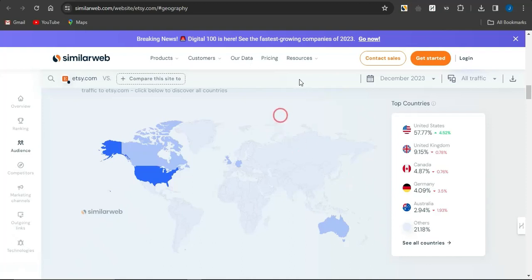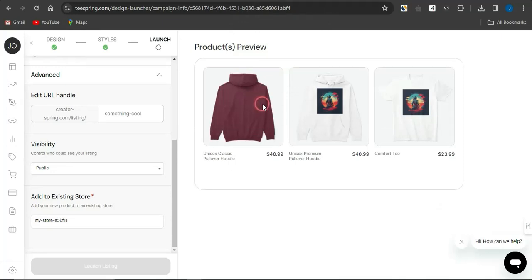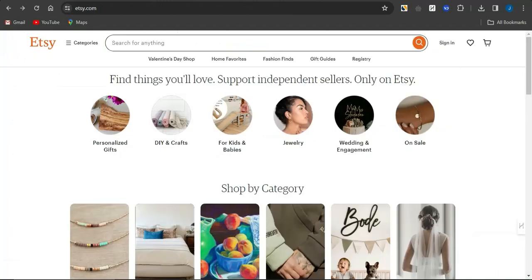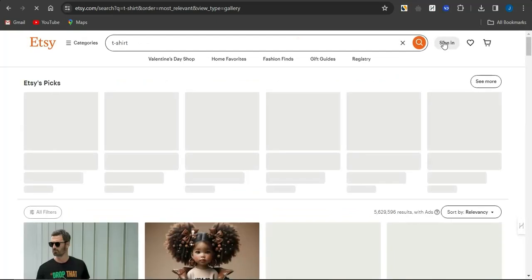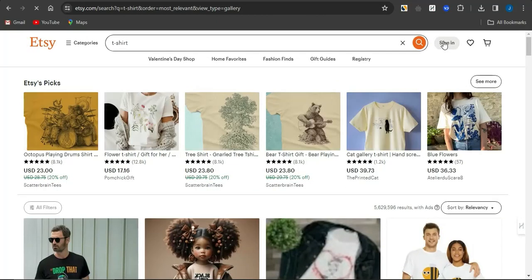So basically what you want to do is head back to that printing on demand platform, and you can create an online shop. But you can also come right here to this Etsy platform and create an online shop right now, and that is quite easy to do. All you need to do is sign up for an account. Once you sign up and log into your account, you can see that a lot of people are making money on this platform.